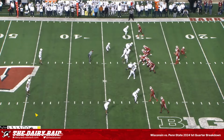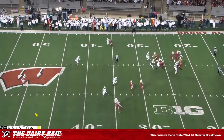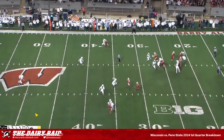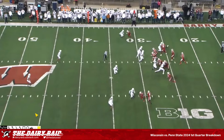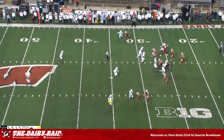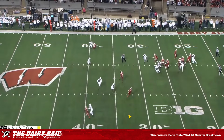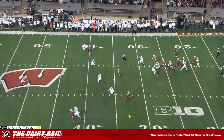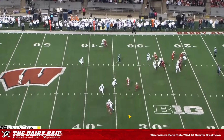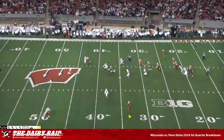All right, 10 personnel. Motion to the orbit motion. And we go through the progression. Outside. Top of the drop. Outside route is covered. We're running here and we're sitting over the top. So outside route's covered. We're going to our number 2 option, which is the crosser. Crosser's there. And this is the same type of route that we picked up decent yards and also got the first down on the first drive. And this time Penn State's in much better position to control it. Nice chunky yards, but